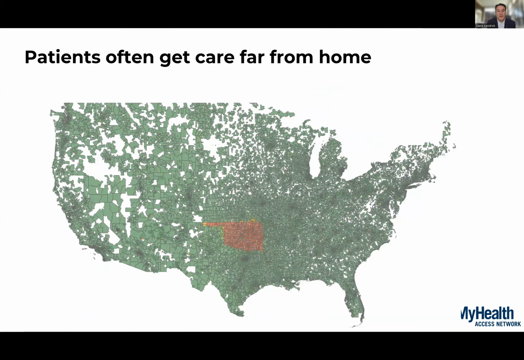But we also know that patients often get care from home, and we have evidence of that in our master person index, which shows that roughly 80% of all U.S. zip codes have someone in them who has received care in an Oklahoma-based facility at some point in the last several years. And so we also have to address this boundary condition in order to ensure the health records stay intact.